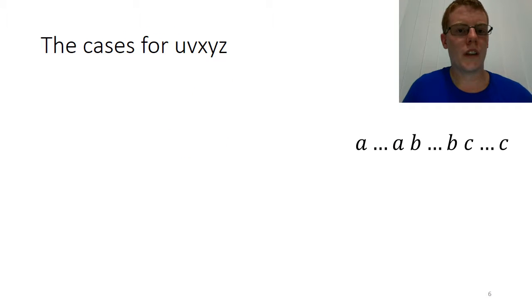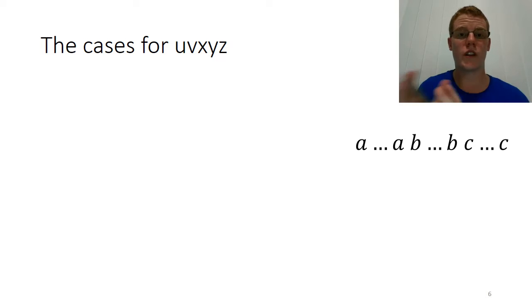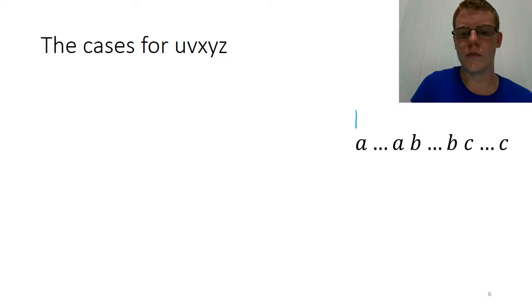So in a pumping theorem proof for the context-free languages, we often end up in a case where we need to prove a number of cases, and that is because the VXY chunk of the string can move around anywhere. It's not tied to the start like it is for the pumping theorem for regular languages. So what we often do is break our string up into regions, usually regions that have a homogeneous set of